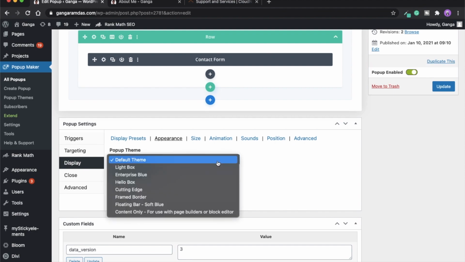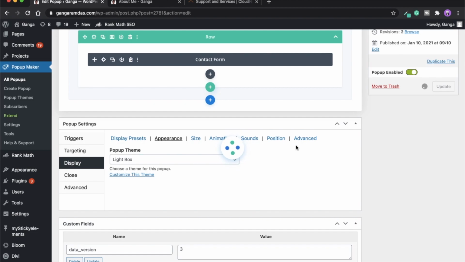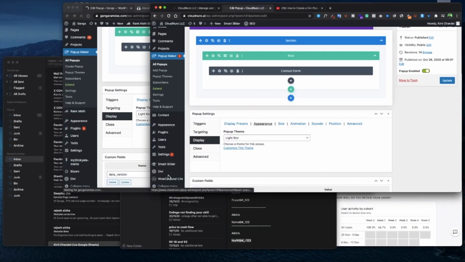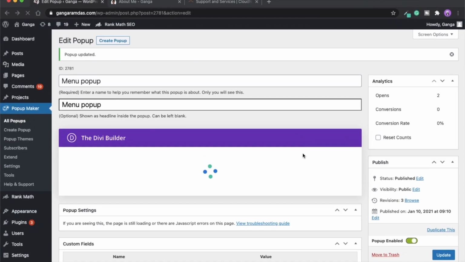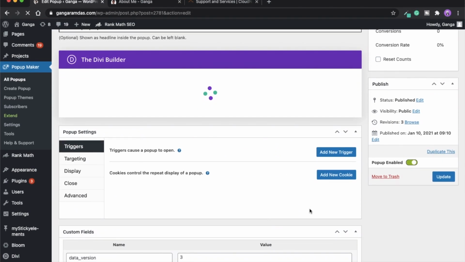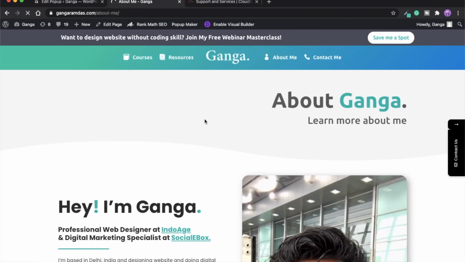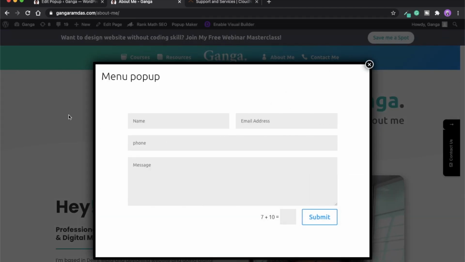But if you want the background to be transparent, you can use the Lightbox option. After selecting it, you have to just update it, and now refresh our landing page and see whether we have achieved it or not. Now you can see our pop-up is coming in Lightbox.